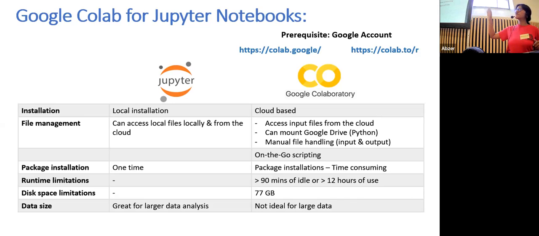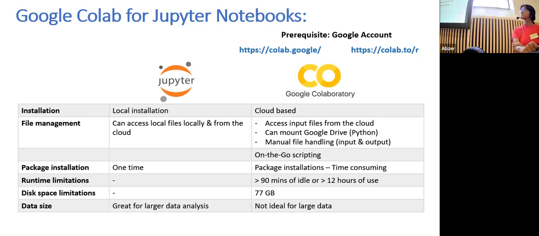And if you're just working with Python, it's easy to mount your Google Drive and access your files from there, but it's not possible with R. And with other things, especially when you're installing many packages, with Jupyter Notebook, since it is a local installation, you only need to install once, and then for the rest of the use, you can just call those libraries. But with Google Colab, you have to install them every time you use the Colab environment, which is kind of